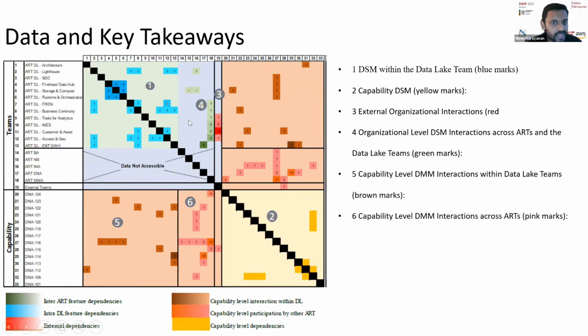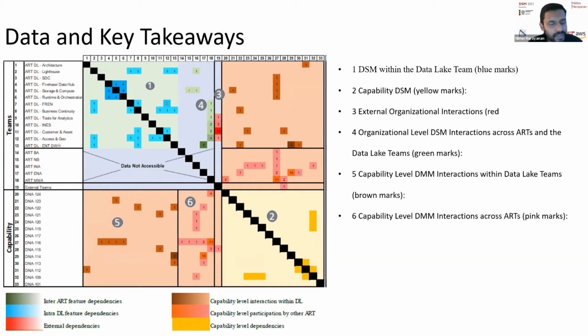And we looked at how teams who are delivering these features have dependencies with each other. For example, in the green DSM, you can see a cluster between the teams mentioned in rows number 4, 5, and 6, which are Firehose, storage and compute, and runtime and orchestration, the terms used by Swisscom.